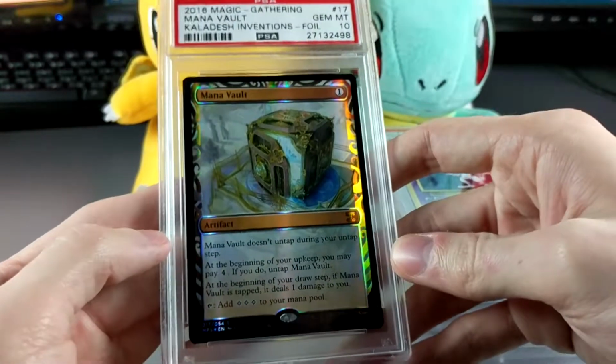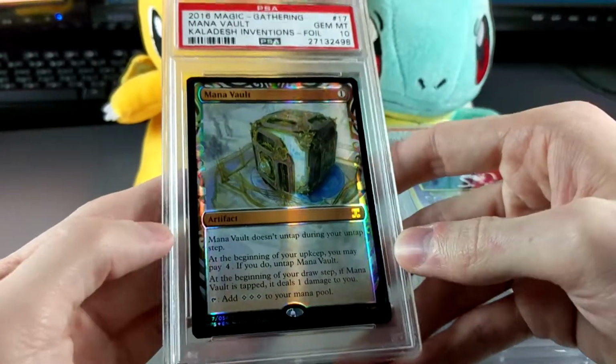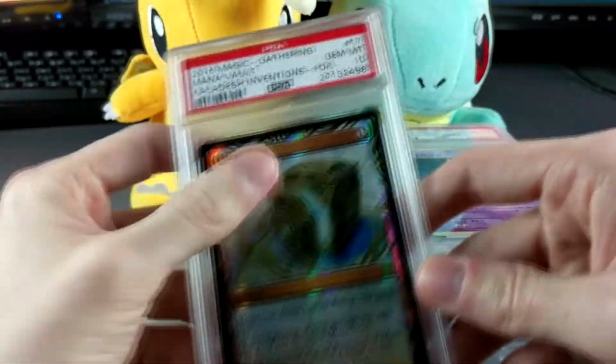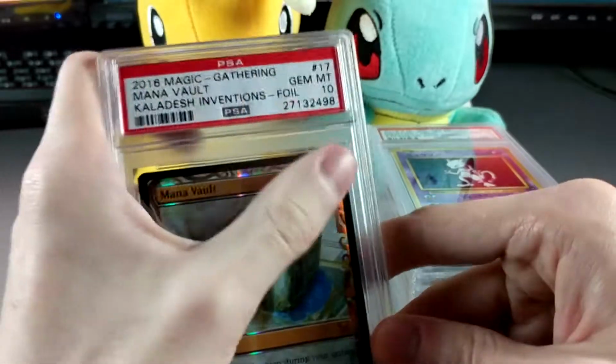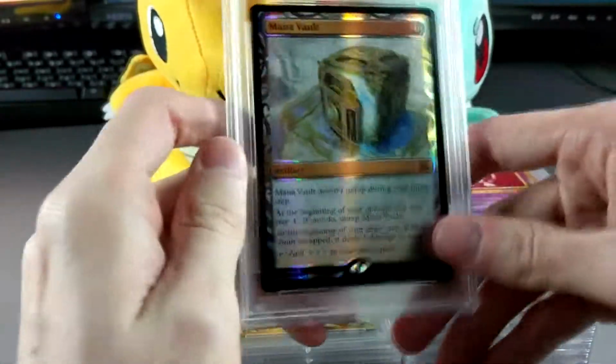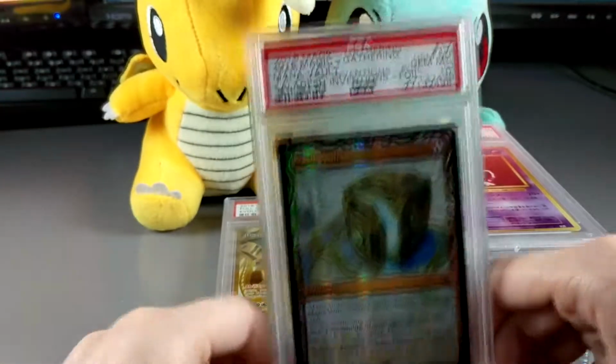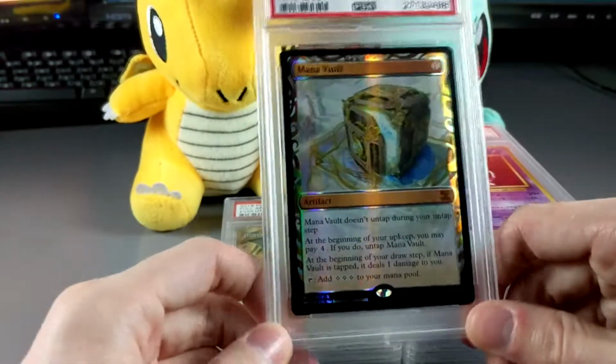This card is like 100 plus ungraded. I thought I'd just send it in so I could have it protected. Basically just gonna hold on to it for a while. The price will potentially go up even more in the future, and having it in a gem mint 10